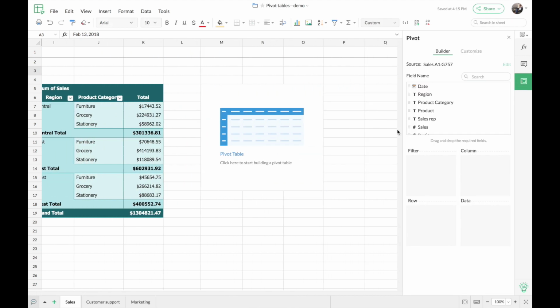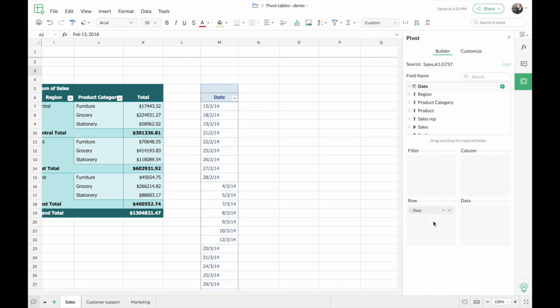So as we saw in the previous table, the builder is all set and ready for us to start building the table. So the three fields that we're going to use are date, sales rep, and sales. So first, I'm just going to drag and drop date into row. So on the left, you can see the table getting generated simultaneously as I drag and drop the fields into the respective boxes.